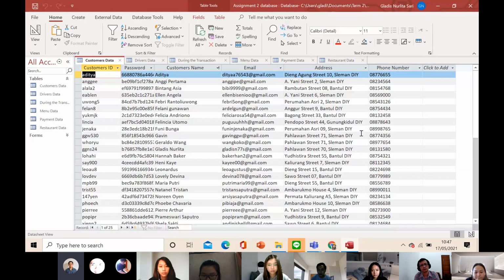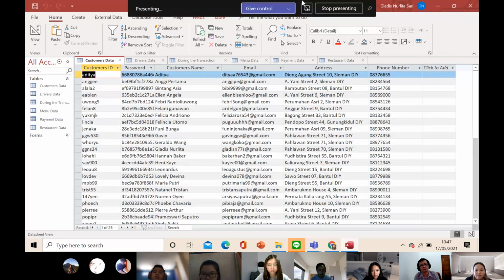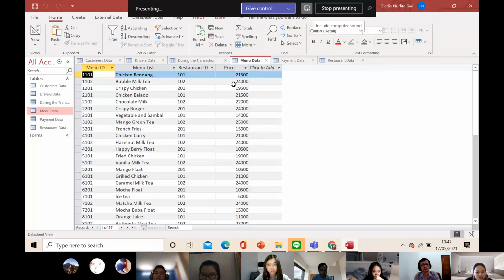From our previous mistake, we made a correction that the password cannot be shown directly, so we encrypt the password. And then in the menu data, we add the missing price that was not shown in the last presentation. And that's all.